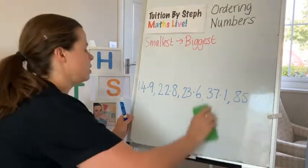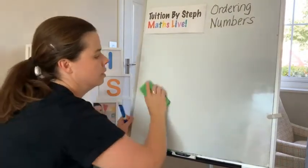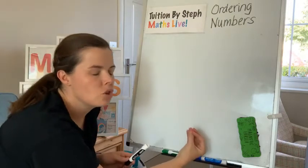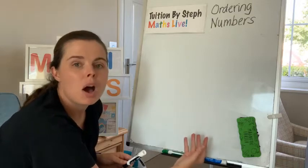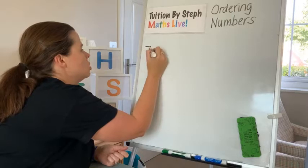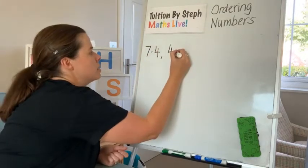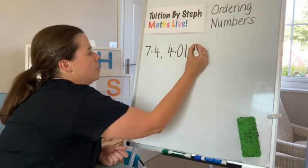And this is the biggest challenge. This is the last challenge of today's lesson. Okay. So you could be asked to order numbers where you do have to consider the decimal place value. That is part of the process. Let me show you an example. So we could have 7.4. And again, the digits might be repeated. Let's say